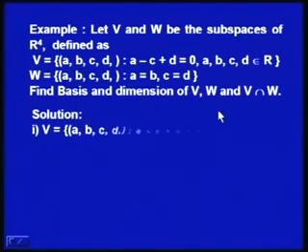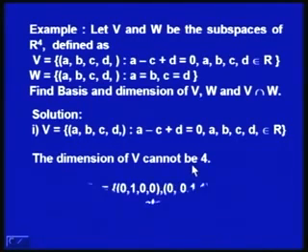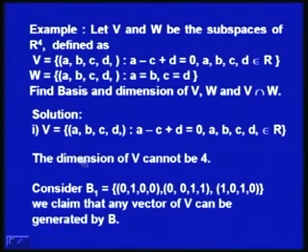So, we start with the solution. Clearly, the dimension of V cannot be 4. So, we start with a set B1 consisting of (0, 1, 0, 0), (0, 0, 1, 1) and (1, 0, 1, 0), a set of 3 vectors. We claim that any vector of V can be generated by B. So, this is the span